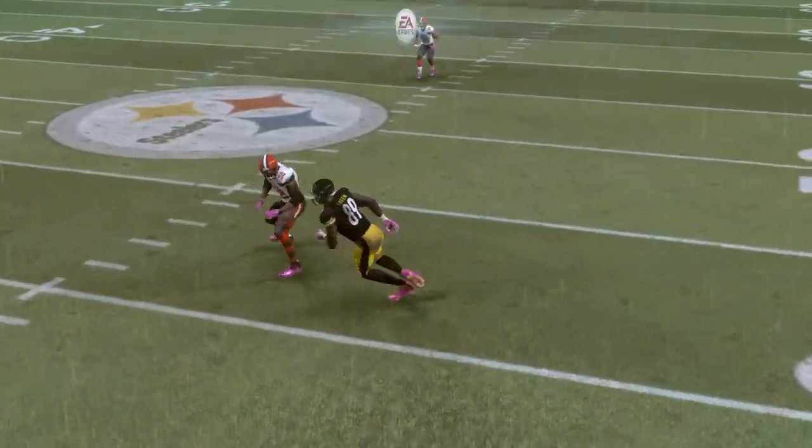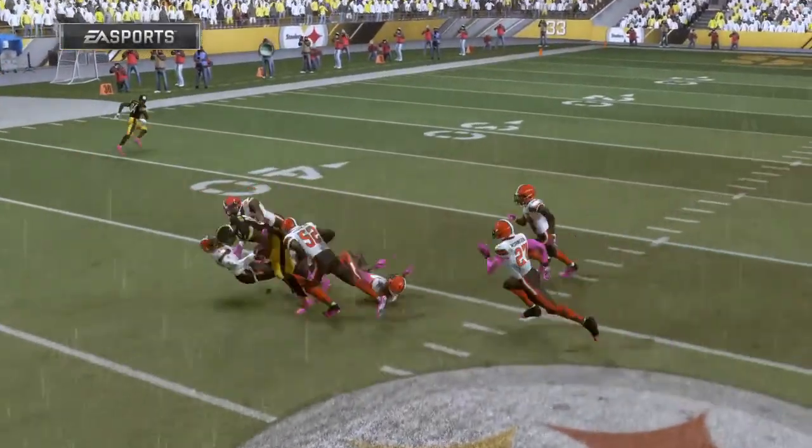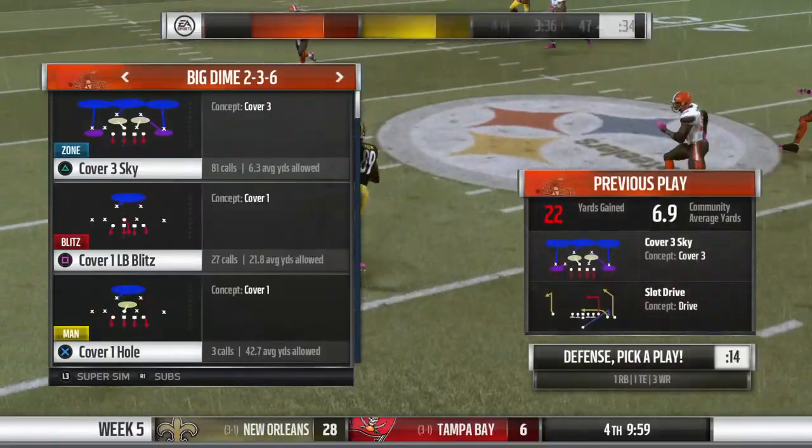Well, clearly one of his advantages as a passer is his height. Sit back in the pocket, fired over the middle. That makes things tougher defensively, doesn't it? It really does, because you're